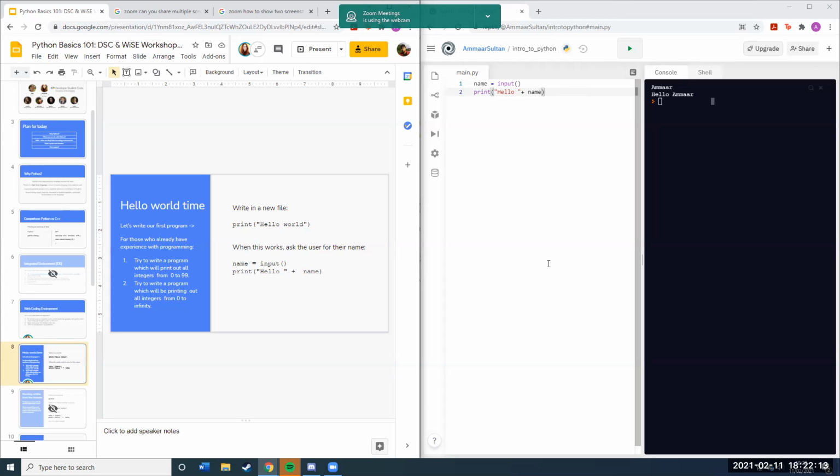Now, why is input very important? As I said, most data comes from the real world. In the first line, we say name = input, and name is a variable, as Ammaar said. A variable is nothing but a box with data. So in here we name this box name. We say, hey Python, this is your piece of memory, and in this piece of memory you will store something called name.